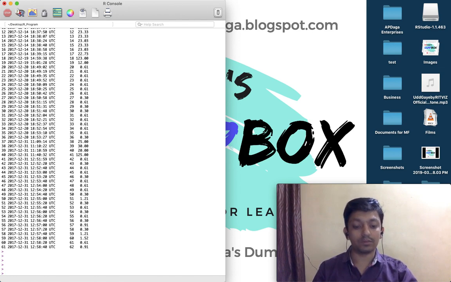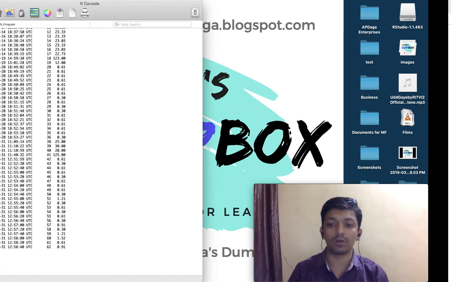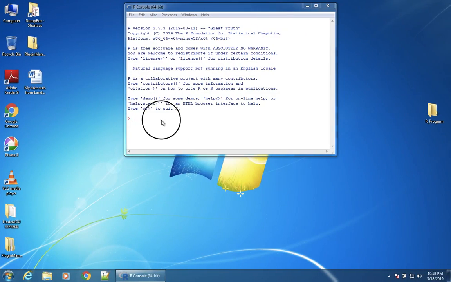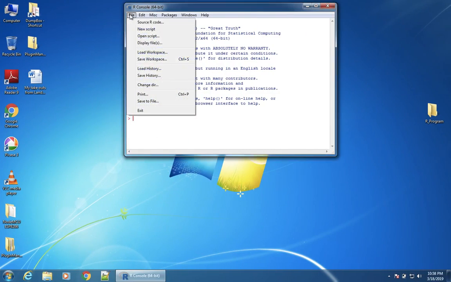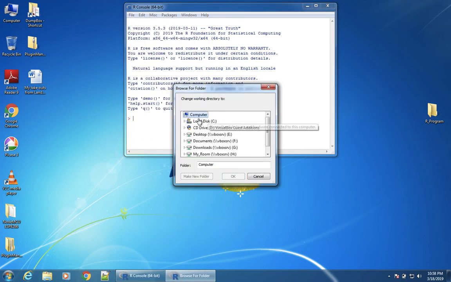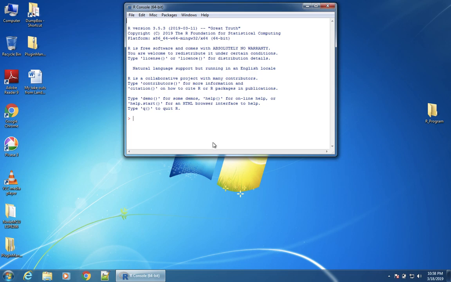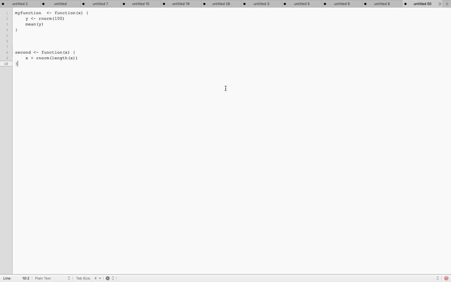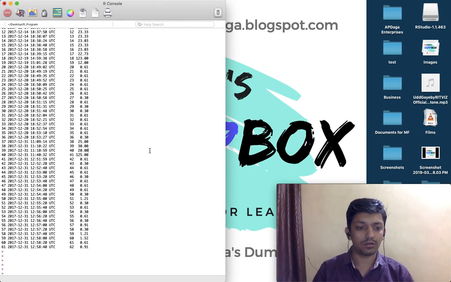Now there is one more very basic command which you should know. Before doing that, I will show you how to set the working directory for Windows. It is very simple. So this is Windows, and in Windows, instead of Misc, you have to go to File and click on Change Dir, and you can select, like I will go to the desktop and select the R program folder over here, and okay. If I run all the functions, all the commands and everything is the same, getwd, and it will show me the current working directory. Apart from that, nothing is different. So we'll continue over here.